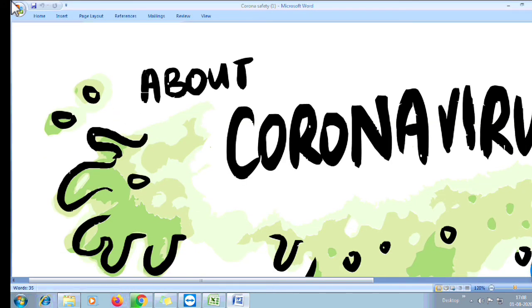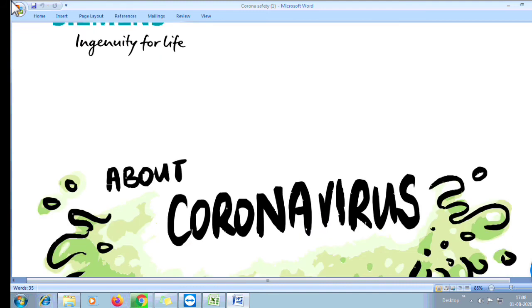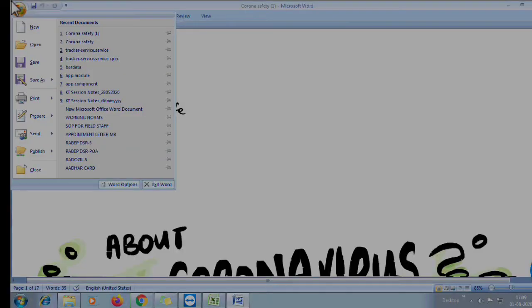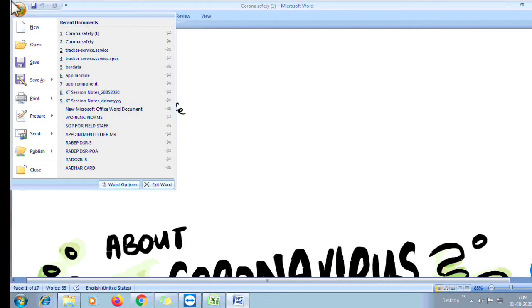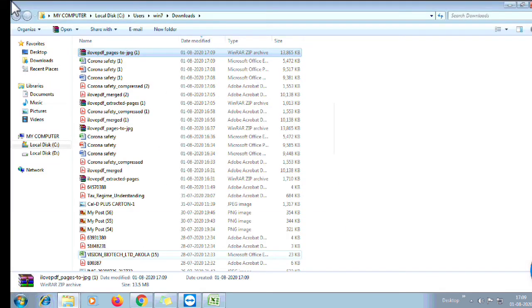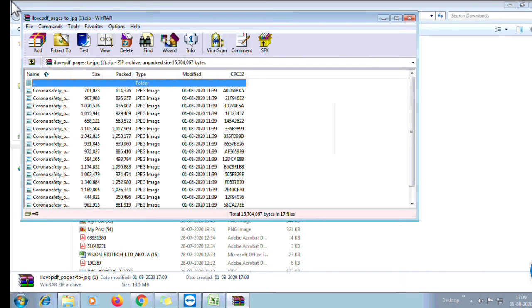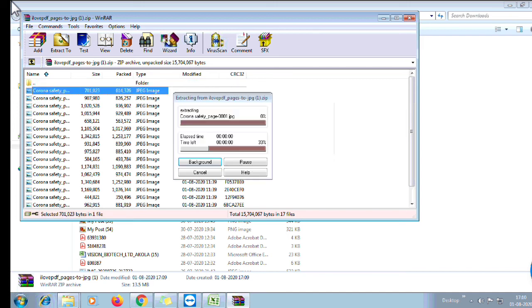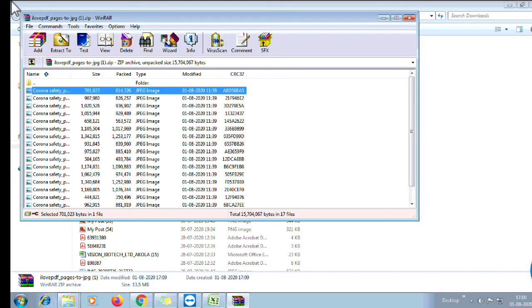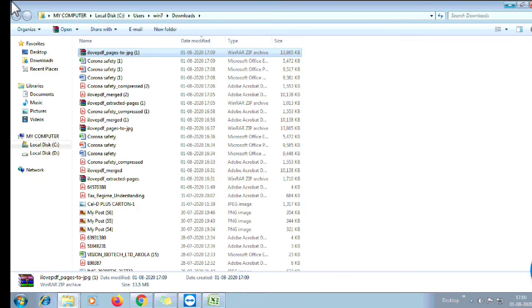So let's see this PPTX, or this Word document, the PDF version. Okay, I will decrease the size somewhat. So this is the PDF version. Now let's check the second download, that is the zip file. Okay, that is PDF to JPG. So as I've told, it converted each PDF page into JPG format. We will check one only for proof. Okay, this is the JPG of the first page. So this is how you can convert PDF to JPG.